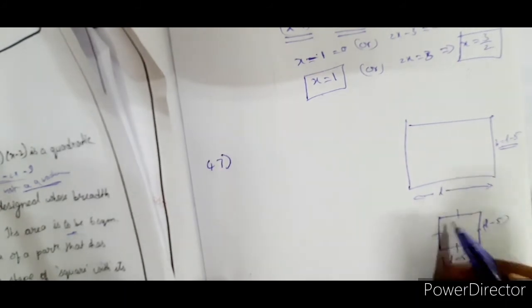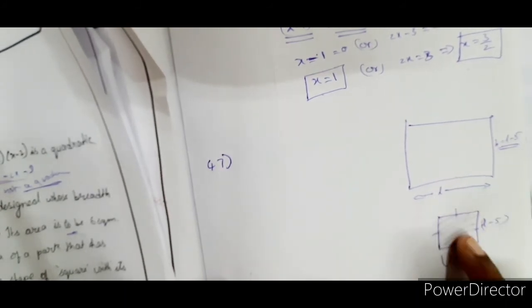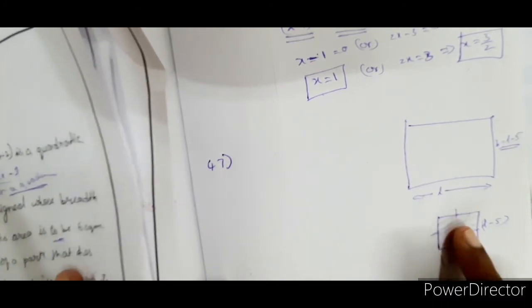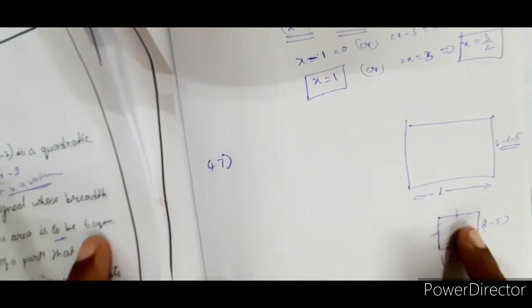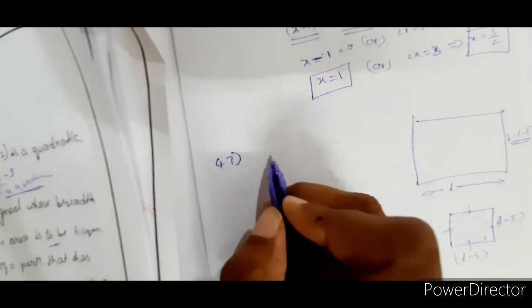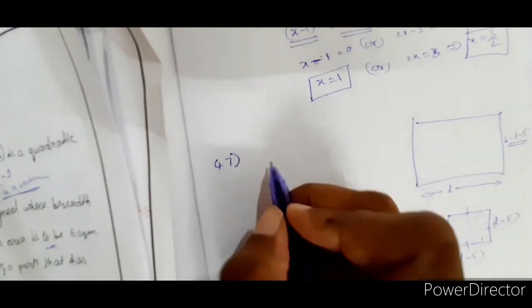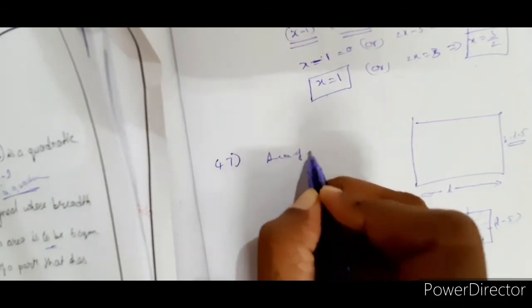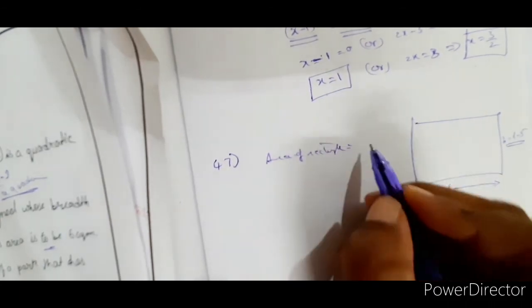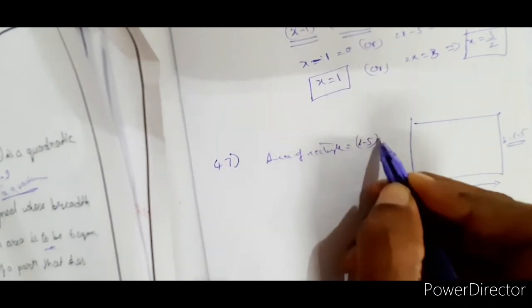So it's a square. So whatever the area of this square is, the rectangle's area is to be 6 square meter more than twice the area of the park. Right. So therefore now, area of rectangle is equal to, right, now what is that one? L minus 5 into L.